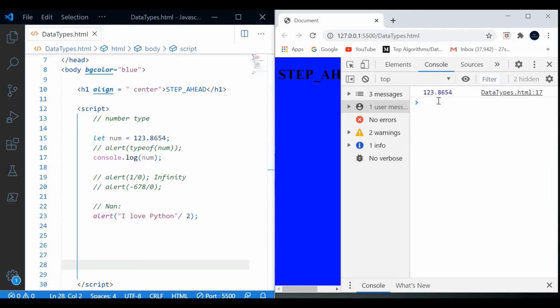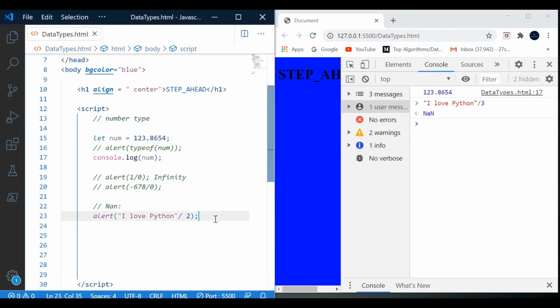We can check this in the console also for our satisfaction. I love Python divided by 3. It will give us not a number. So we are clear on what NaN is, what infinity is, what minus infinity is.